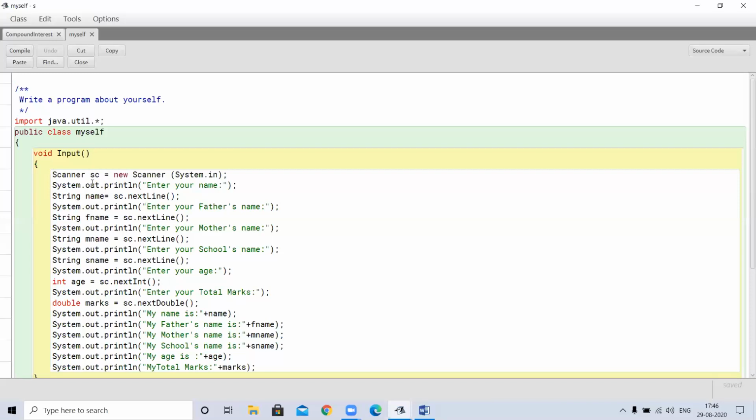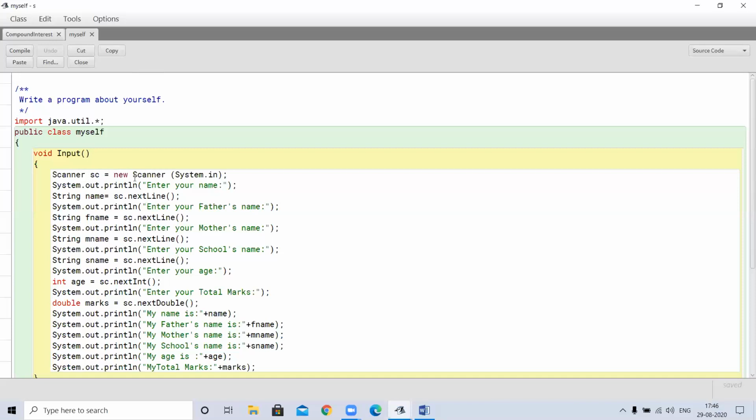Scanner SC means object of the scanner class equal to new Scanner(System.in). You know that new is the keyword which will allocate the memory for you. When we are creating the object, it needs memory allocation.